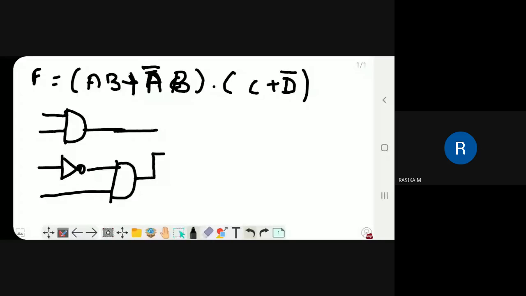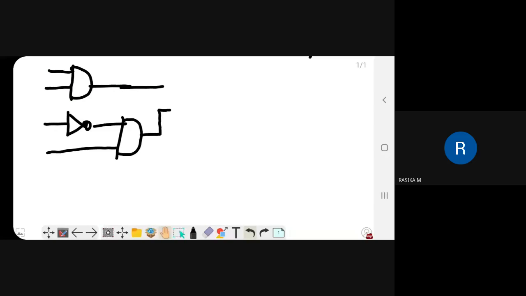Next, C plus D bar. We want to use an OR gate because it is a sum.